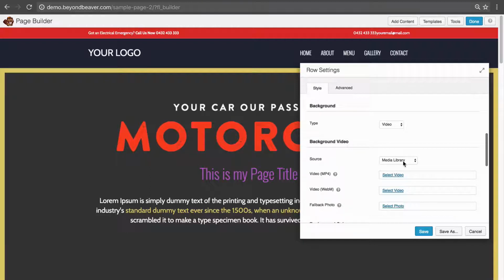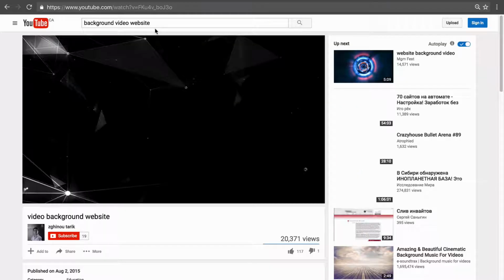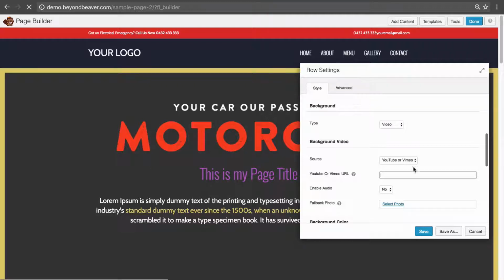So generally, I would recommend don't choose Media Library here and host the video in your WordPress install, but rather choose a third party. So you can do a URL, or you can do a YouTube or Vimeo. Now I would definitely recommend a YouTube or a Vimeo, or your preferable third-party service using a URL. So under YouTube, you just add the URL. So let's just go to YouTube now and find a sample video. So I've just typed in background video website, found this one, so we just go up here and we copy the URL, go back to our website, paste the URL to the YouTube video,